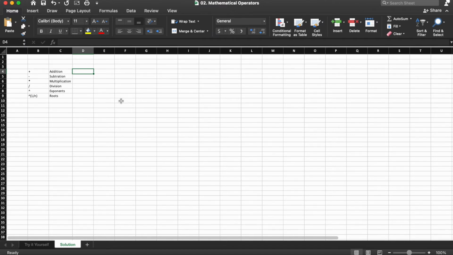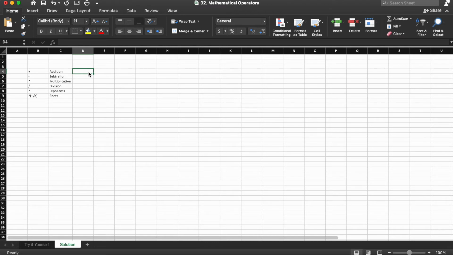Now, once you're in the cell, there are a couple different ways to enter data. First, you can just start typing. Second, you can double click into the cell. And third, you can use the F2 key on your computer. Now, there is a word of caution here. If you just start typing into the cell, it will clear everything in there. So while it's not a big deal today, if you have a longer formula, you could end up losing that if you accidentally just start typing right into the cell.